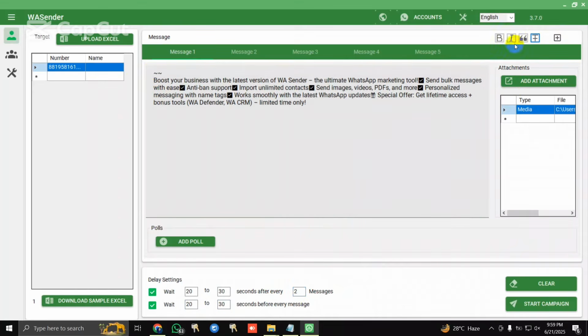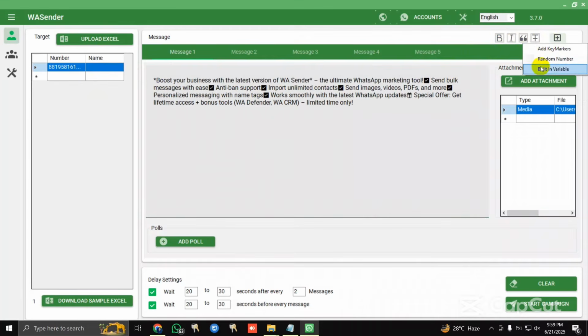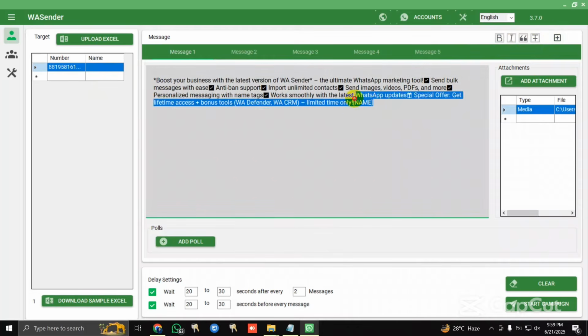add a variable. Here the variable, bold. Just wait. Here the bold option. So if you want to make this section bold, and if you want to add a variable, suppose a random variable, suppose you want to add a mention name. So first, this option